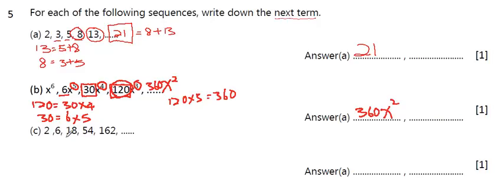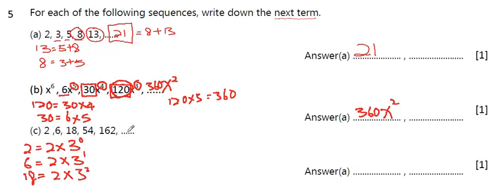Okay, let's look at the third sequence. 2 can be written as 2 times 3 to the power of 0. 6 is equal to 2 times 3 to the power of 1. 18 is equal to 2 times 3 to the power of 2. We can observe that the 2 here is always a constant for all terms,